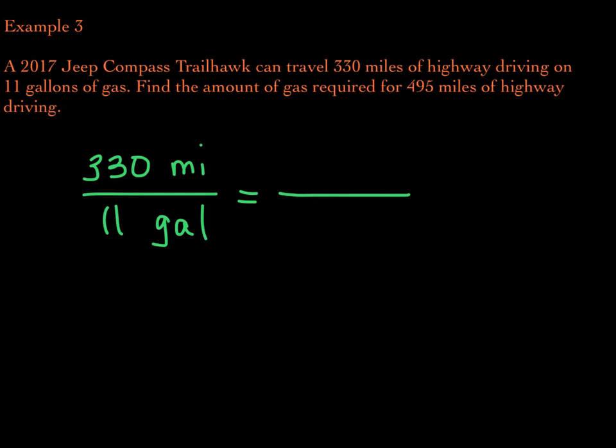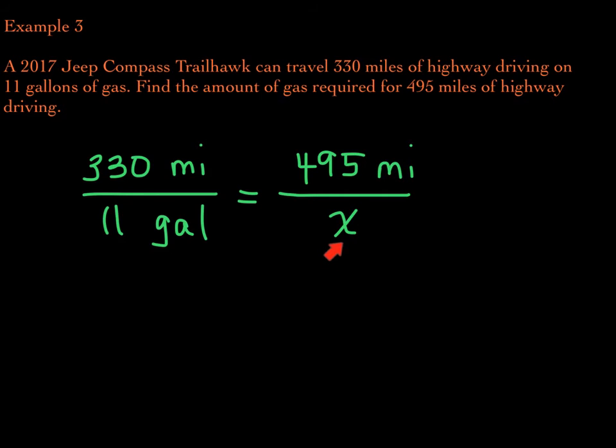And now watch this. Find the amount of gas required. So the gas is unknown for 495 miles of highway. I'm going to put 495 miles up here in the numerator